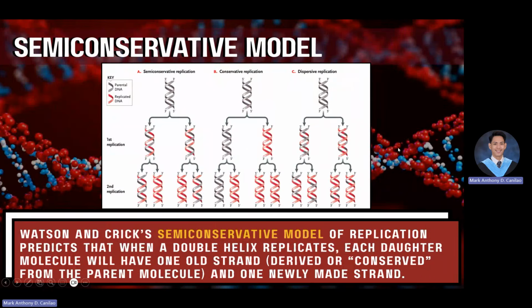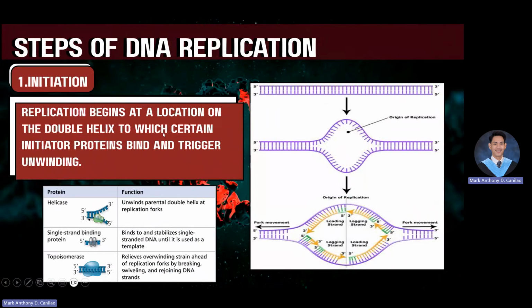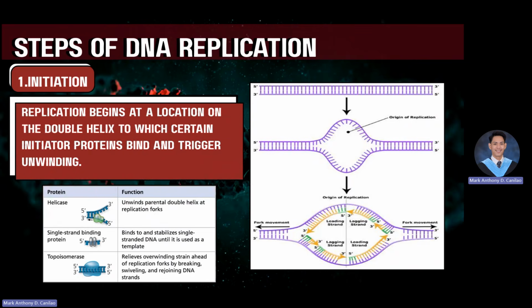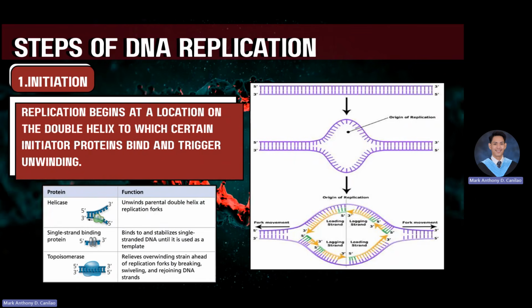So this is what we call a semi-conservative model. This was proposed by Watson and Crick. Watson and Crick's semi-conservative model of replication predicts that when a double helix replicates, each daughter molecule will have one old strand derived from the parent molecule and one newly made strand. As you can see in picture A, this showcases the semi-conservative replication proposed by Watson and Crick. There are three steps involved in the whole DNA replication process, namely initiation, elongation,